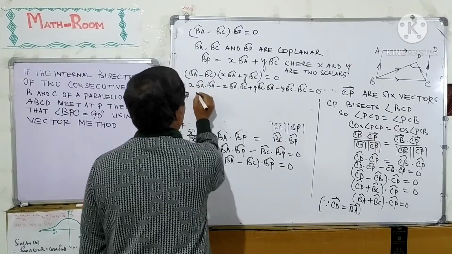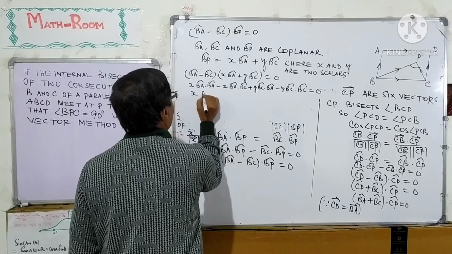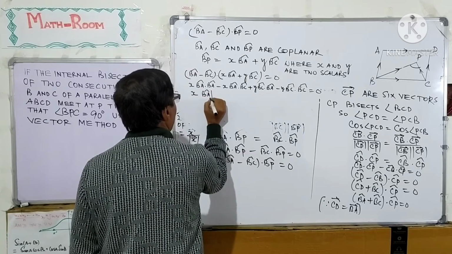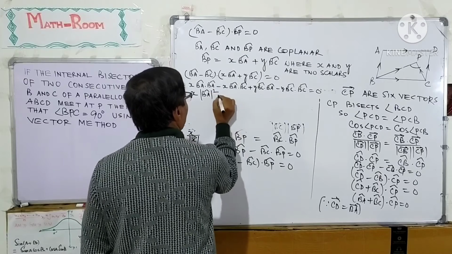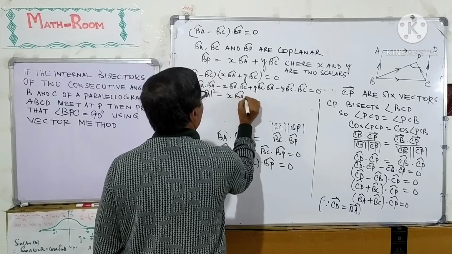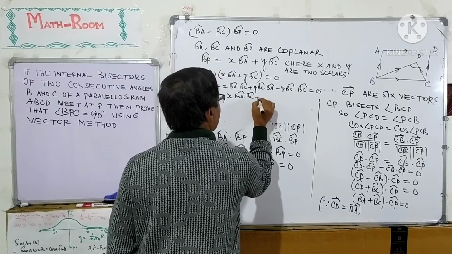So, x times magnitude of BA cap squared minus x BA cap dot BC cap plus y